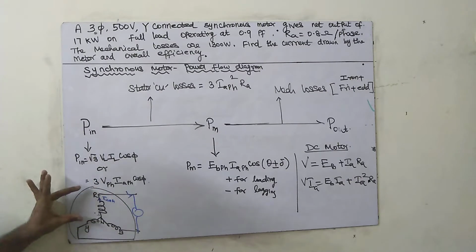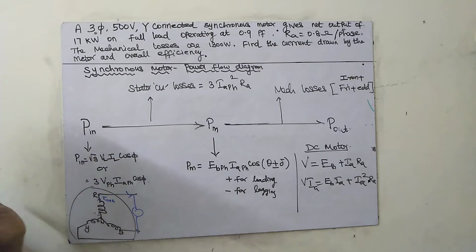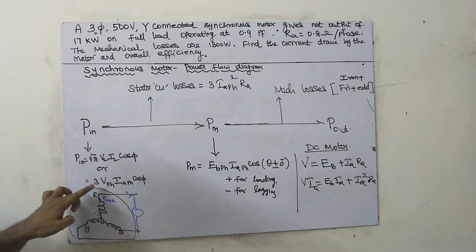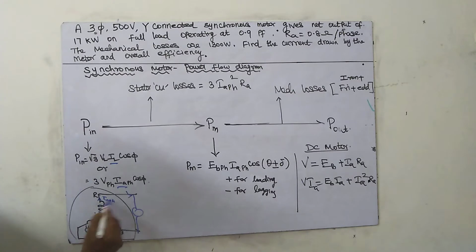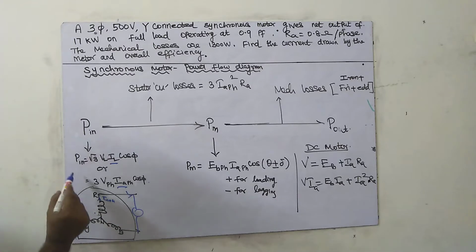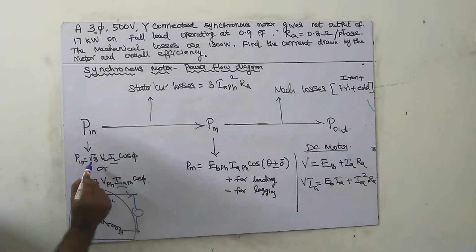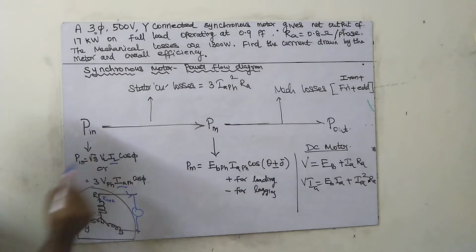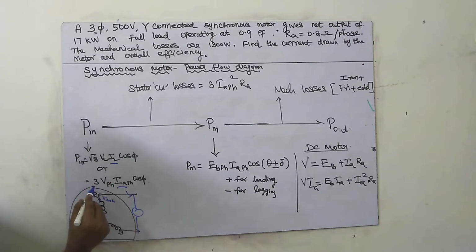So what is the relation between phase voltage and line voltage? Root 3 times, all these things you know. So the value will be 3 into V phase, IA phase into cos phi. Why? Because IL will be equal to IA phase in a star connected network. In a delta connected network, phase voltage will be the same, line voltage will be different. Anyway, P in equal to root 3 VL IL cos phi. Same thing, in phase value, 3 into V phase into IA phase into cos phi. This is what we are giving.